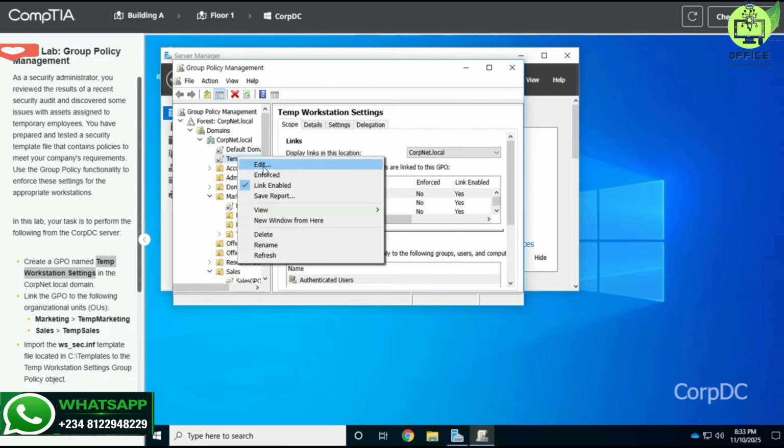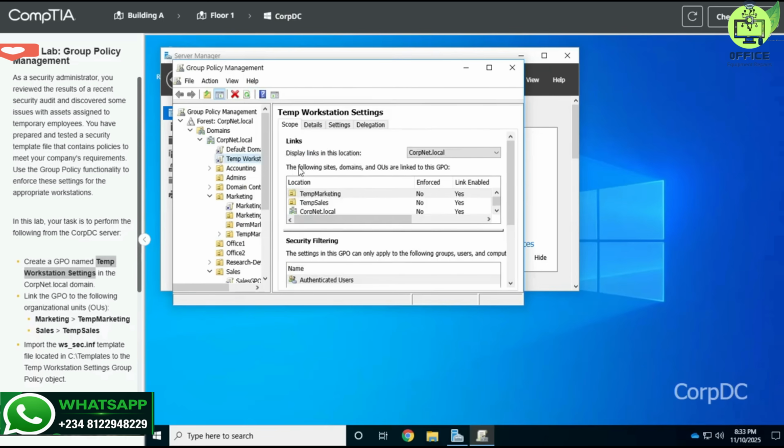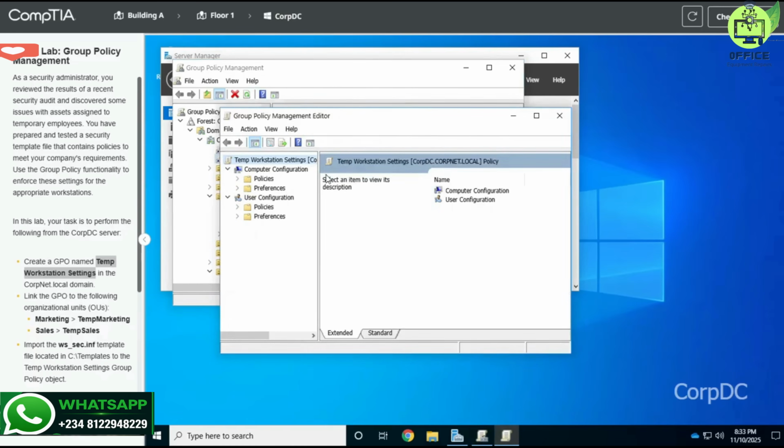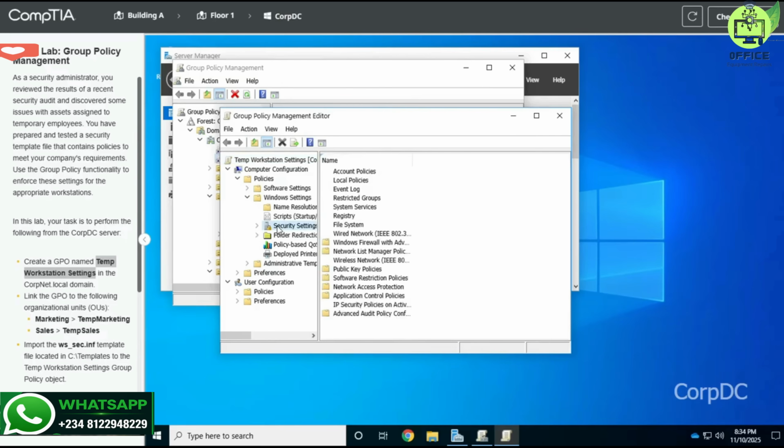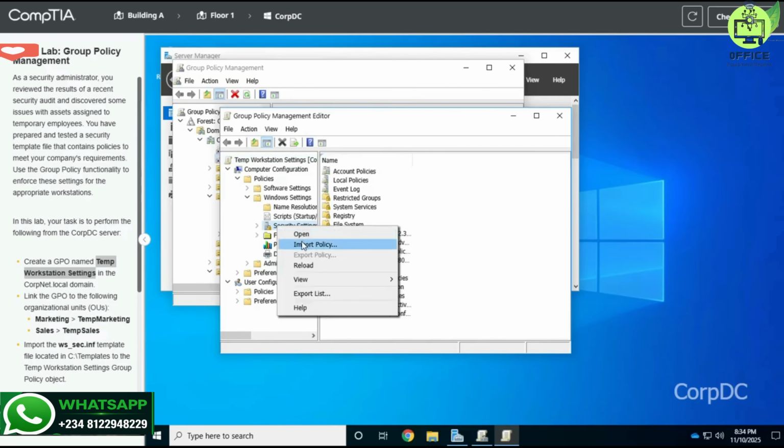Temp workstation, right click, we go to edit, and under edit we want to select Windows settings, and we select security settings, right click and click